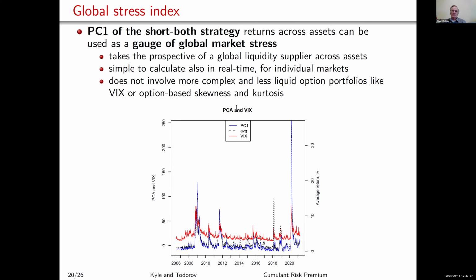So that could be not as grandiose a claim as it sounds, because the VIX is more based on equities, and our index is based on all these things. And so it's not surprising in some sense that it explains all these things. Probably if you used our index to just explain equities, the VIX might do better, right? Yeah. But if you're interested in forecasting global stress, global stress comes from equities, yes, but it probably more comes from bonds, and commodities are also very important.